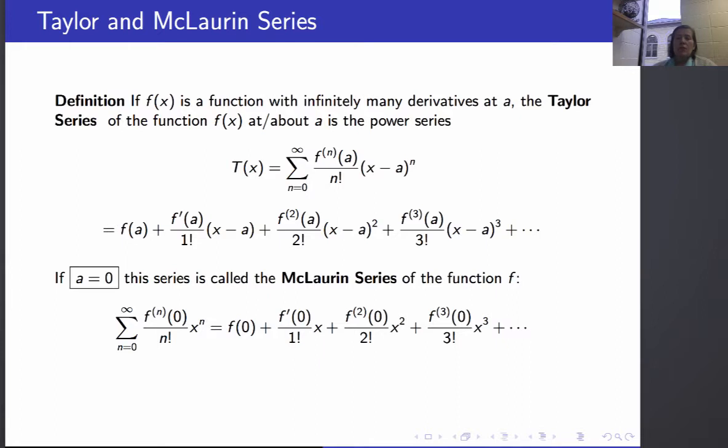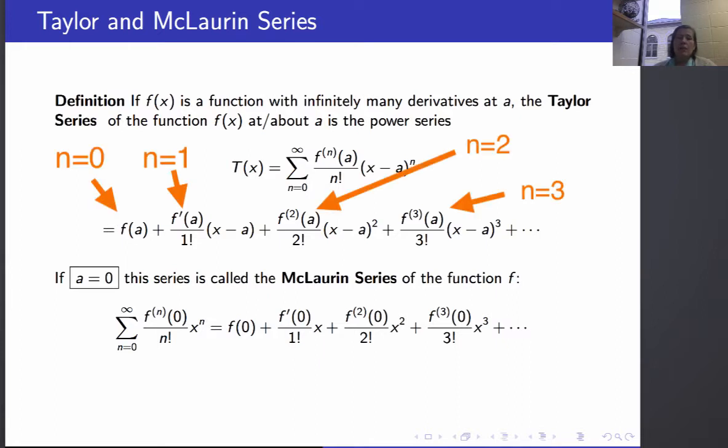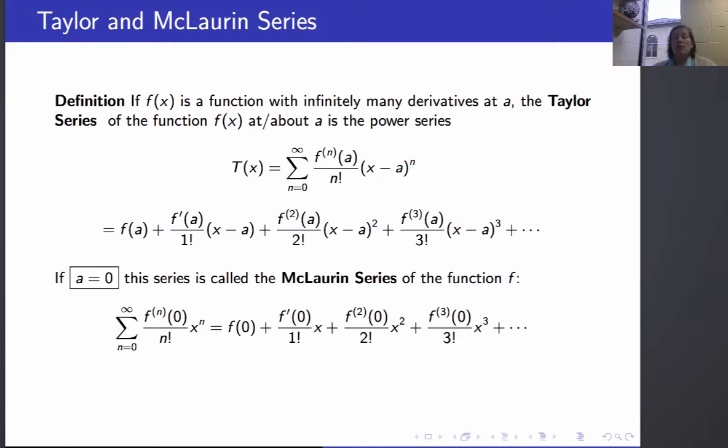You can see how this expands. It's f(a) plus f prime of a over 1 factorial times (x minus a), plus the second derivative at a over 2 factorial times (x minus a) squared, etc., etc. This Taylor series is also infinitely differentiable, and it turns out that all of its derivatives match the derivatives of f at a. Now, if a equals 0, this is called the Maclaurin series